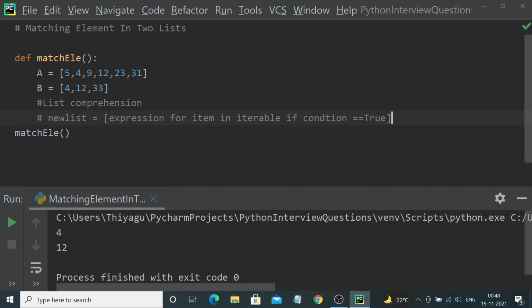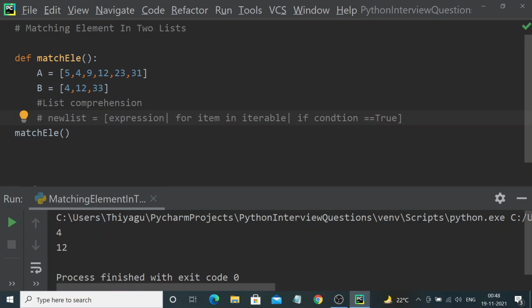Close it. Now I'm going to split this into three different parts for you to understand it better. The first one is the expression, the next one is the iterable, and the third one is the condition. So we have three different sections here.